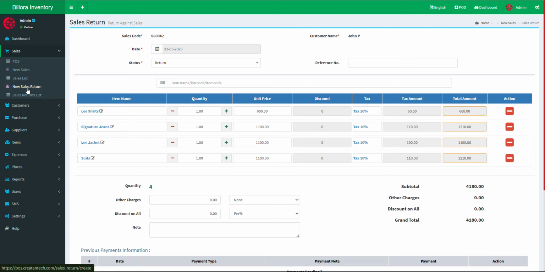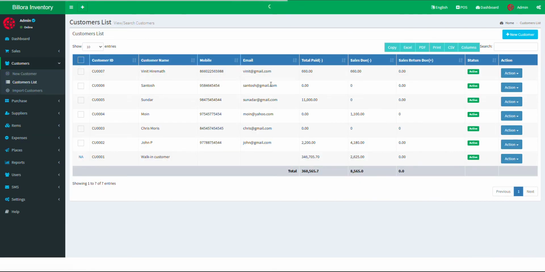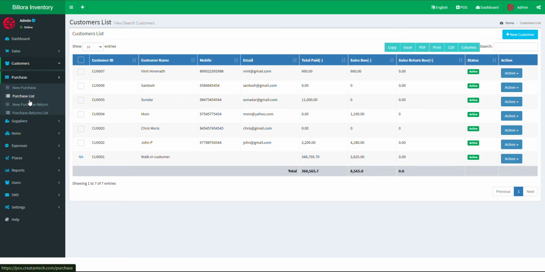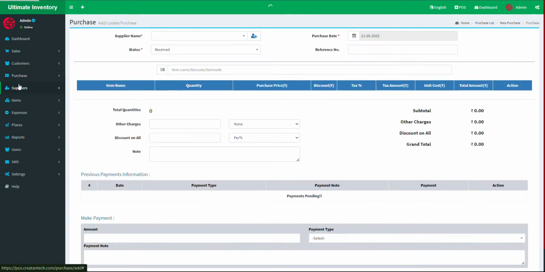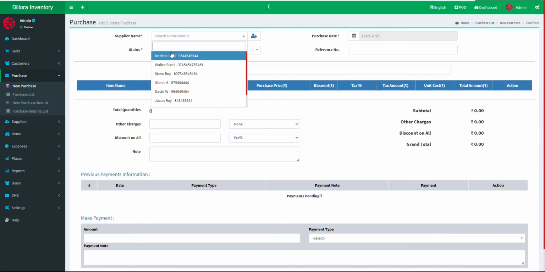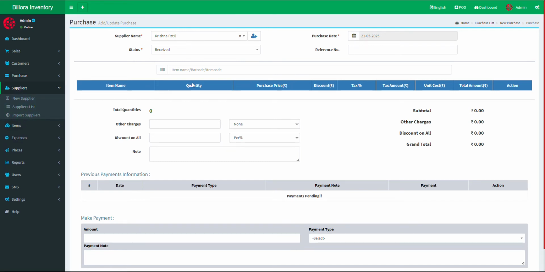And then I can show you, this is the customers panel. We can list all the customers, we can import customers, we can add new customers. The same thing applies for the purchase, just like the sale. So we can apply new purchases, so we can select the supplier from our suppliers list. Here you can add new suppliers, so we can select the purchase date, we can select the status as received,